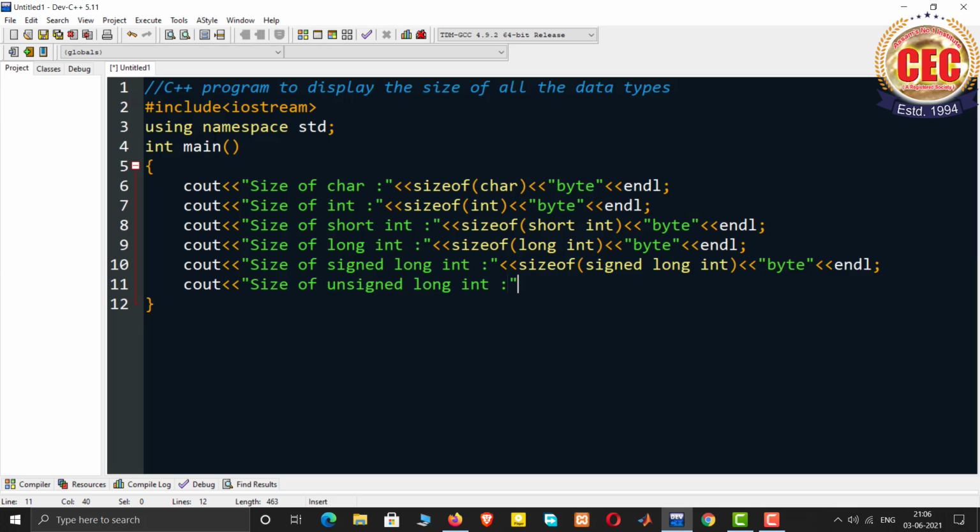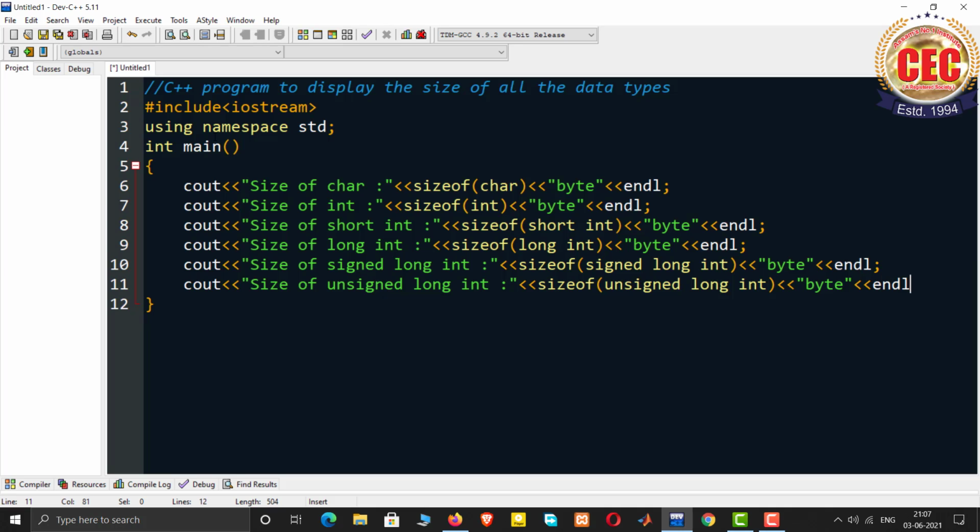And then again we will use the sizeof function. Okay, this is a predefined function. unsigned long int. Then again output operator, then byte, and then endl.